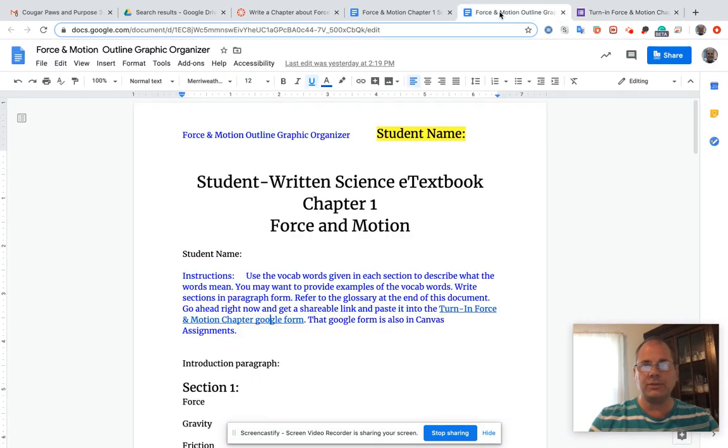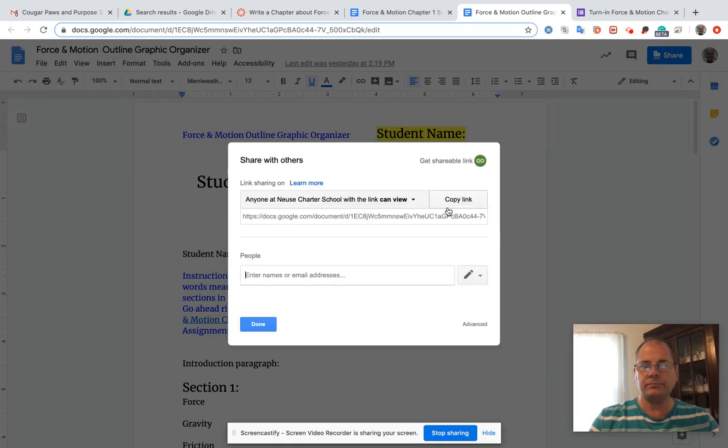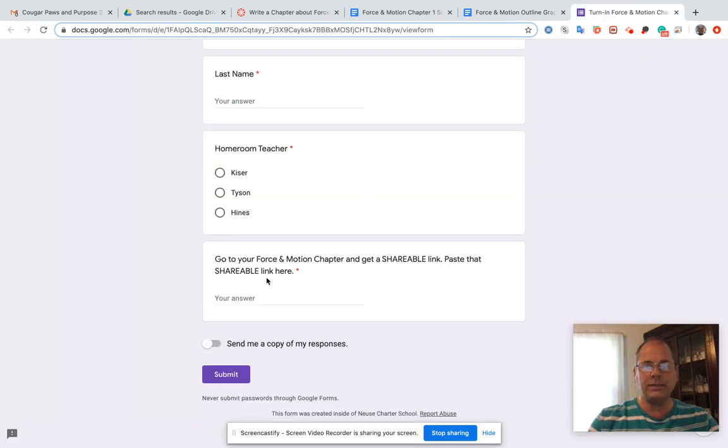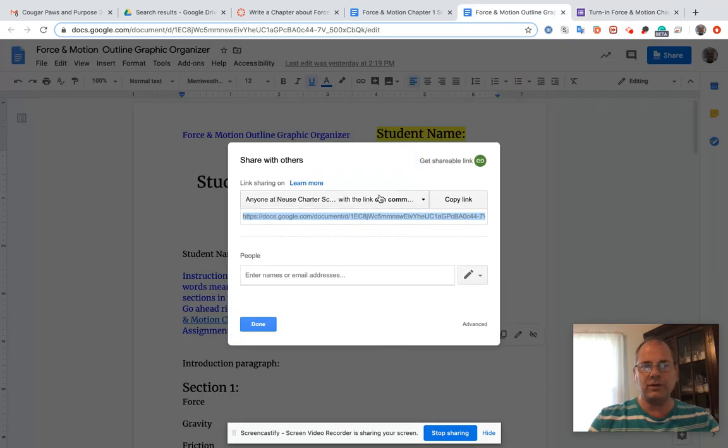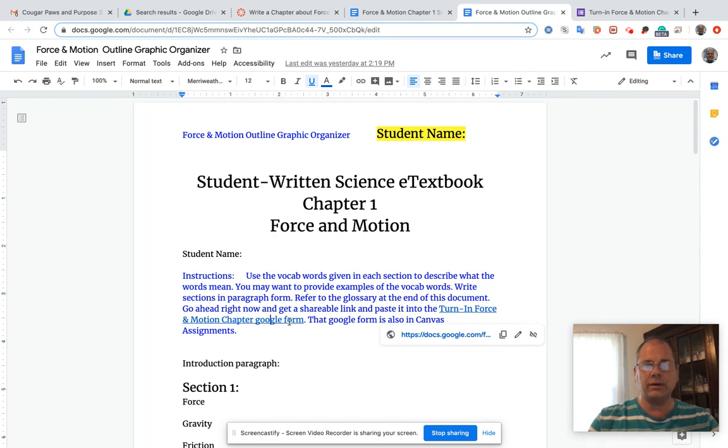Now let me remind you about the shareable link. So here's your document. You go to share in the corner. You click the green shareable link, and I want to change it so that I can comment. I do want to comment on yours for your rough draft. So you'll copy the link, and then you're going to paste it into here, and it should say sharing at the end. If it does not say sharing right there, then I cannot see it. Then you're going to submit that on Monday as soon as you start, and then you can go back into your document and continue working on it.